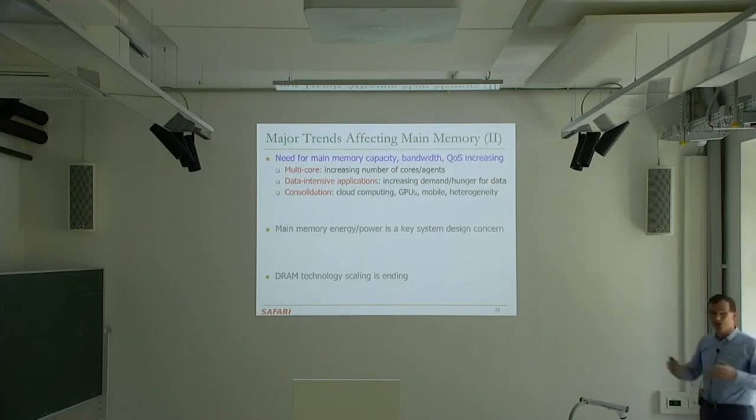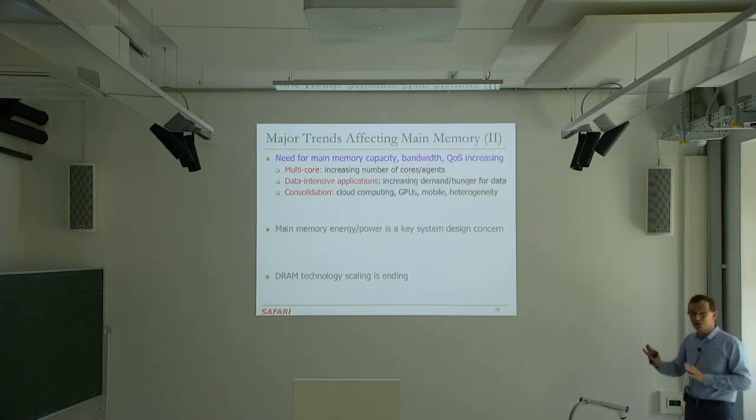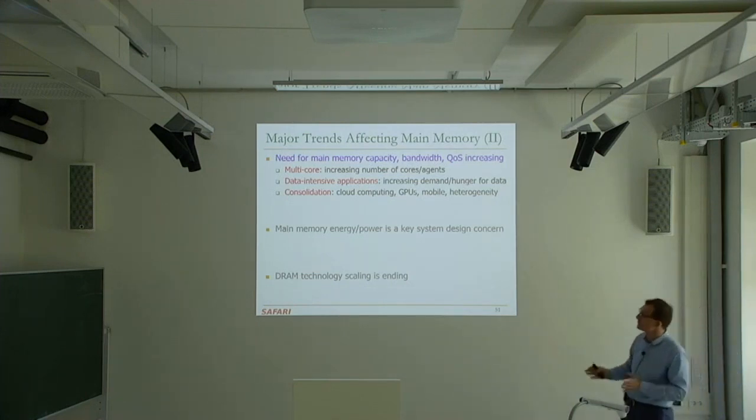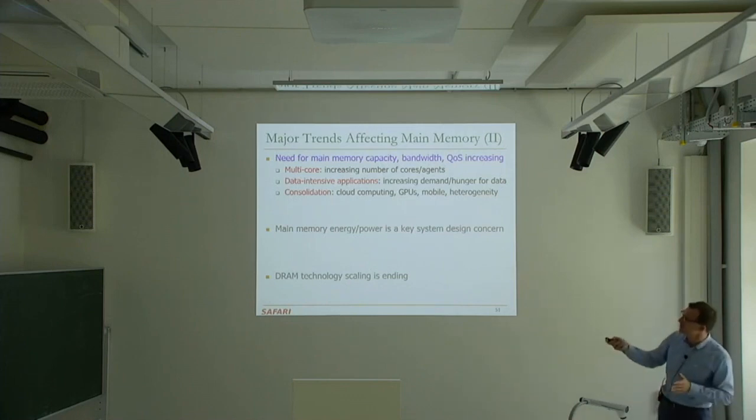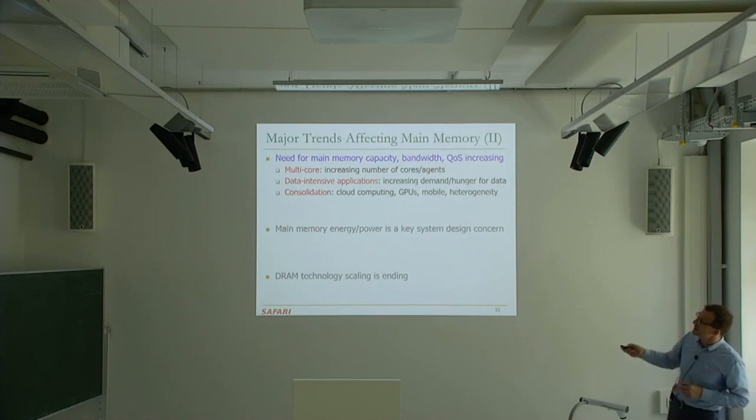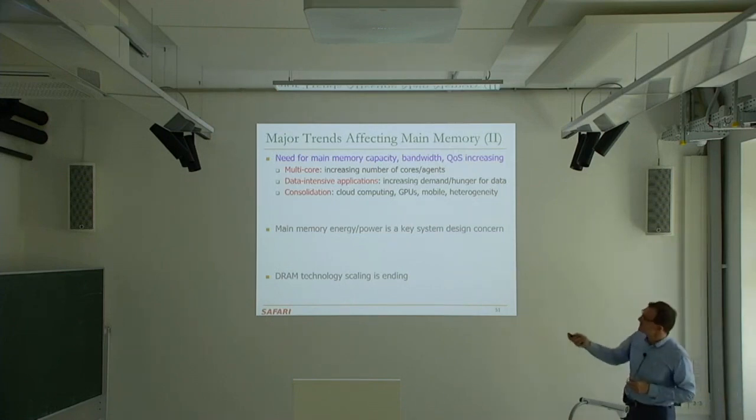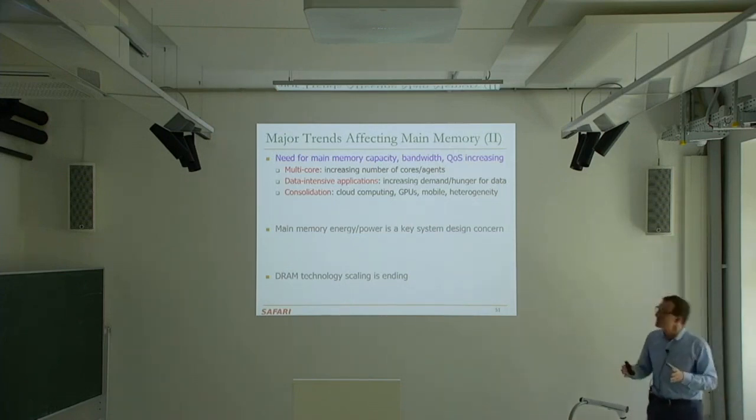So the first one is that we've always demanded a lot of capacity, a lot of bandwidth. Predictability is more or less a relatively new requirement, but in real-time systems, that's also important. It becomes exacerbated with multi-core, for example, and we want low latency. But this is becoming much more exacerbated because of three major trends. Essentially, as I said, computation is not a problem.